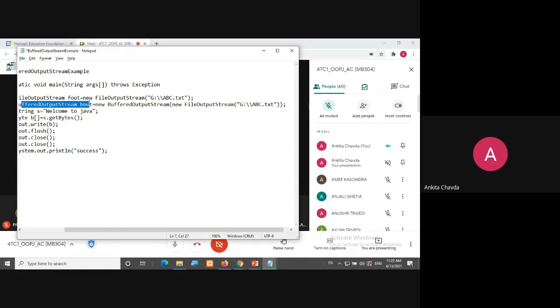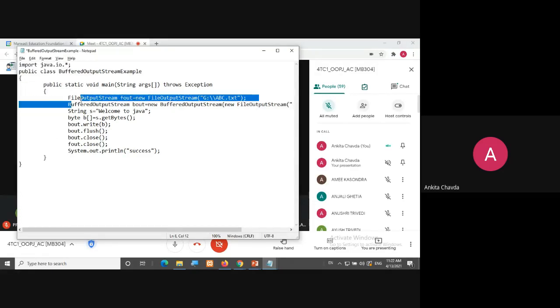You are creating one buffer on another stream, which is your FileOutputStream, which has a stream linkage, which is just nothing but a pipeline. That is what we have discussed in our previous session also. Stream is nothing but a pipeline. So here we are having a connection of the pipeline from this file G drive abc.txt to this buffer. Okay, so this is the connection. This connection is mediated with another pipeline of this FileOutputStream. So instead of writing directly on the FileOutputStream, I'm having a mediator which is the buffer.